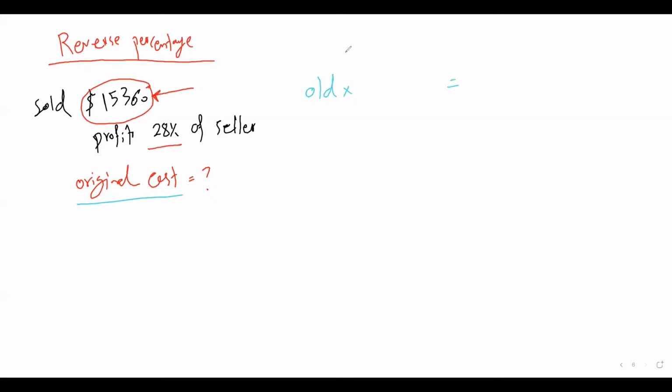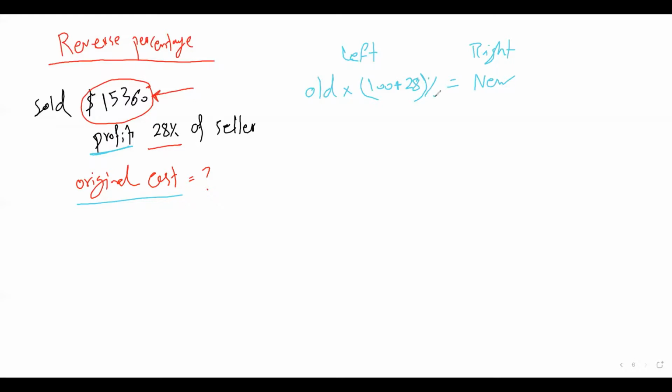Original or old should be on the left-hand side, and the new should be on the right-hand side always. So you just multiply it by 100, and profit is the same as increase. So therefore, I'm going to use the plus sign. So plus 28%,